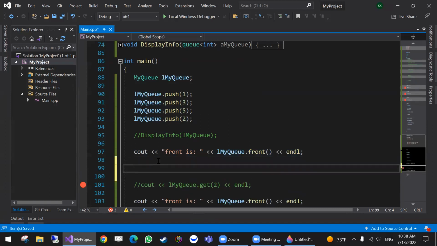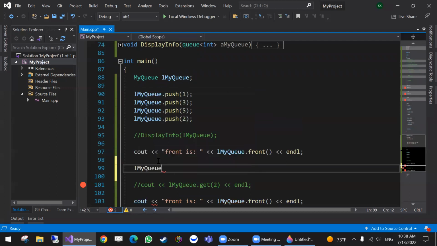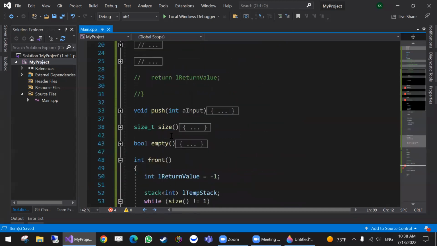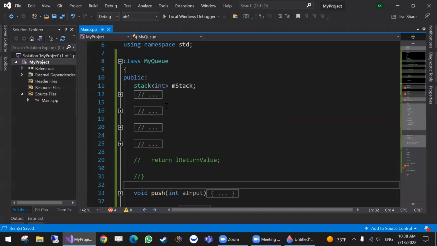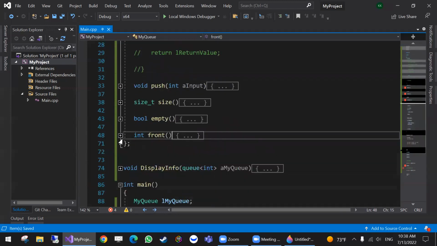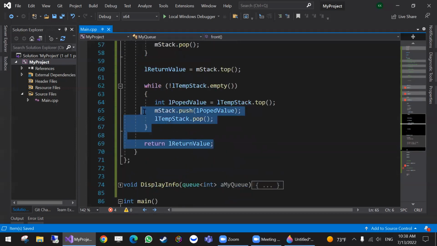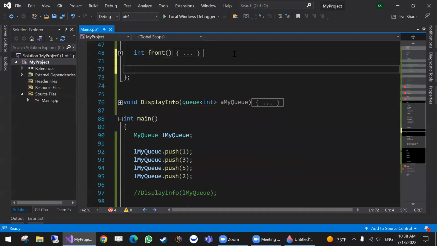queue behavior. Here I'm gonna say L my queue dot pop. Pop. How did I remove it? Where is pop? Why did we lose pop? So front should be similar to pop, but pop doesn't return anything. So void